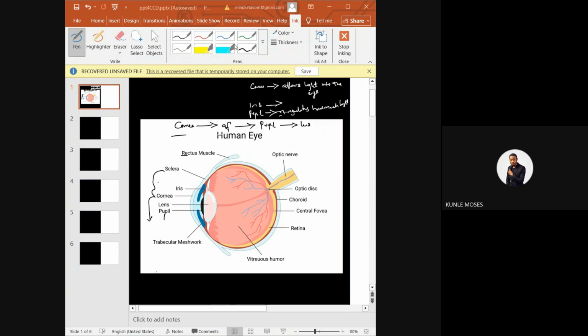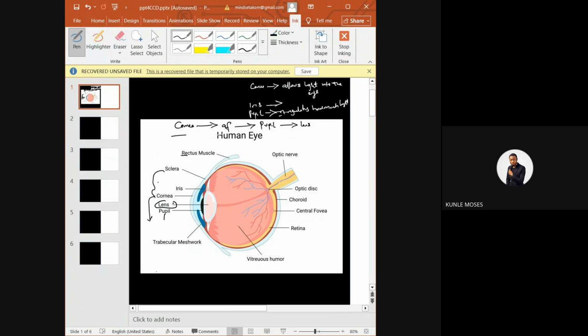So another one you can see here is the lens. Anytime you hear the word lens, have you done lens optics in physics so far? What the lens does is focus the light rays on the retina. There is something they will teach you in physics, accommodation. It is the ability of the lens to adjust the light entering the eye, narrowing it down or dispersing it to the retina, that helps us to have good vision for both far objects and near objects.